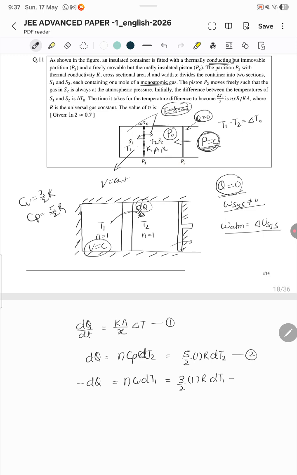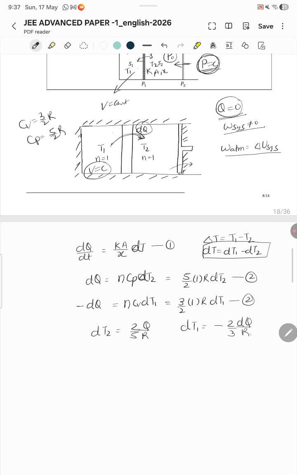dT1. Okay. So from here I can see this, that if I fill this value here, I want to see that change. And delta T is nothing but T1 minus T2, right? So I can say delta T is equal to dT1 minus dT2. So if I use this logic here, dT2 is nothing but 2/5 dQ/R, and dT1 is nothing but minus 2/3 dQ/R. Okay, from here if I put this value in this formula, dQ/dt is